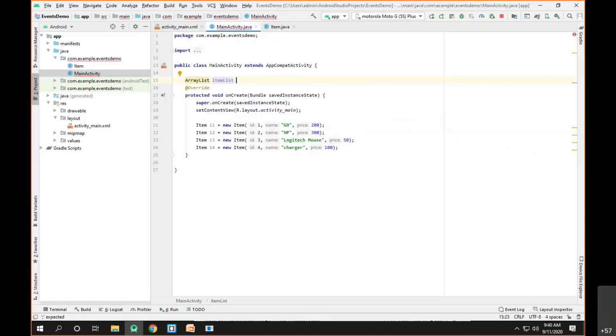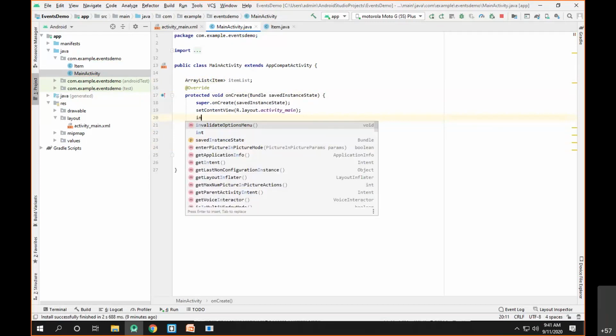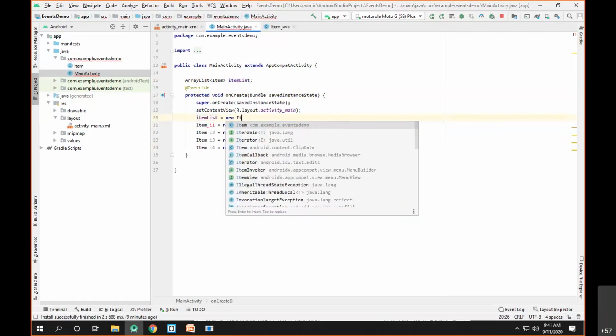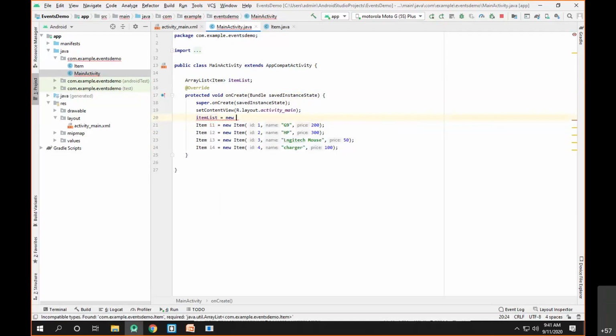Now this is basically a list of items, so this will be the array list of items. Okay, and we will initialize it here. So item list is equal to new array list of type item.